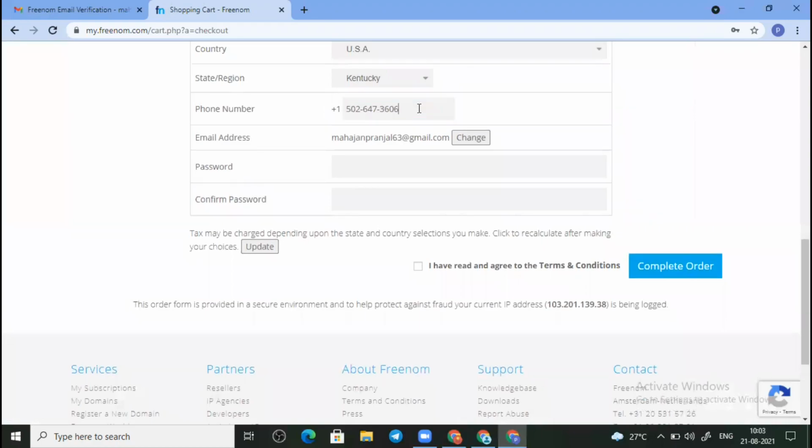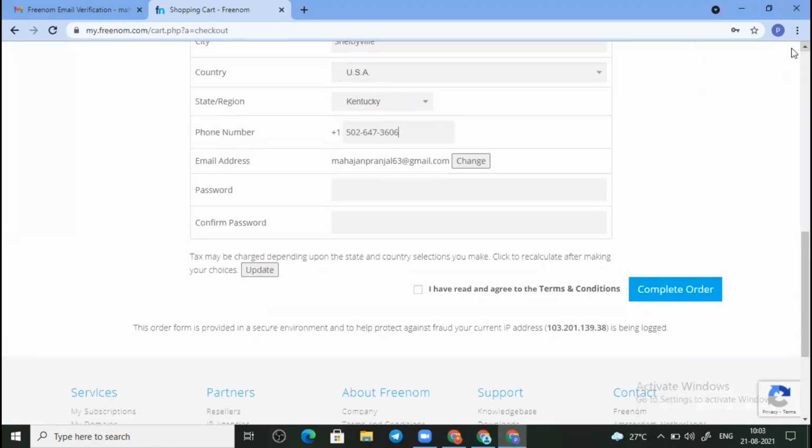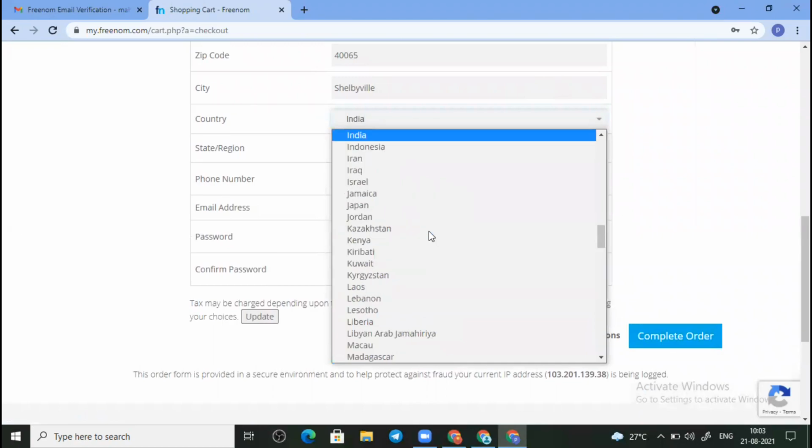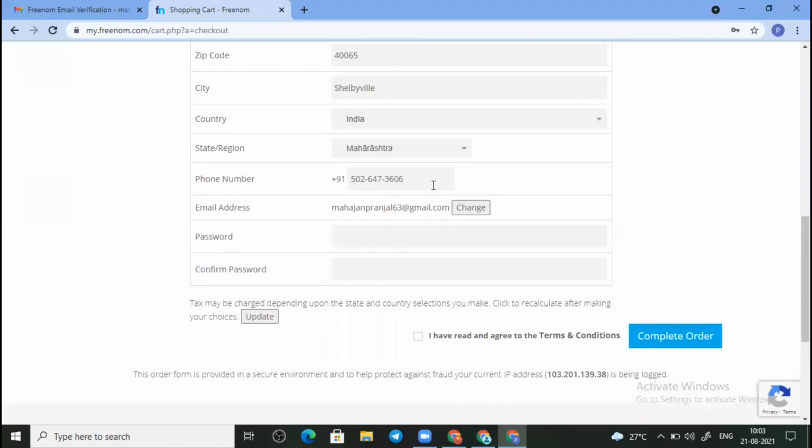So here I am writing my own state and phone number. Select your password and write it there. And then select the terms and condition box and click on complete order.